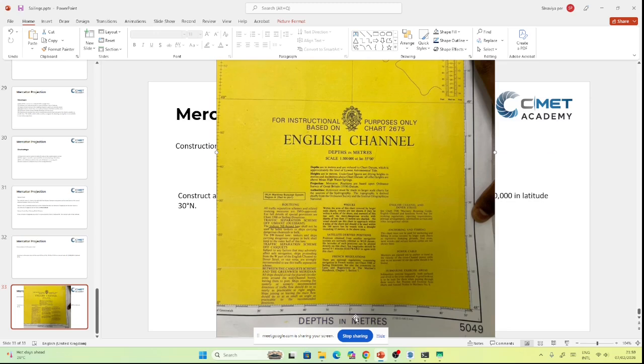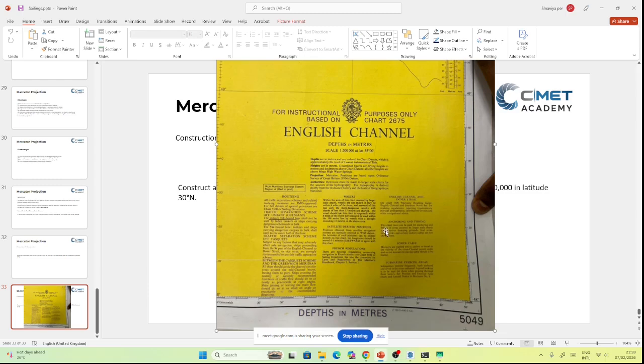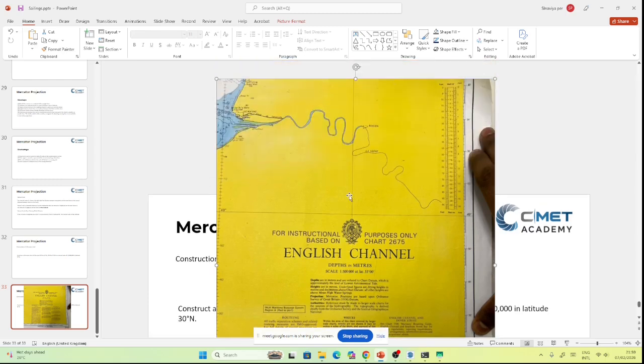Now here you can see 1 minute is almost like, I don't know how many millimeters. 1 minute of longitude, you can take your divider and measure how many millimeters this is in your chart. And if you multiply that millimeters by 500,000, you will get, let's say, between